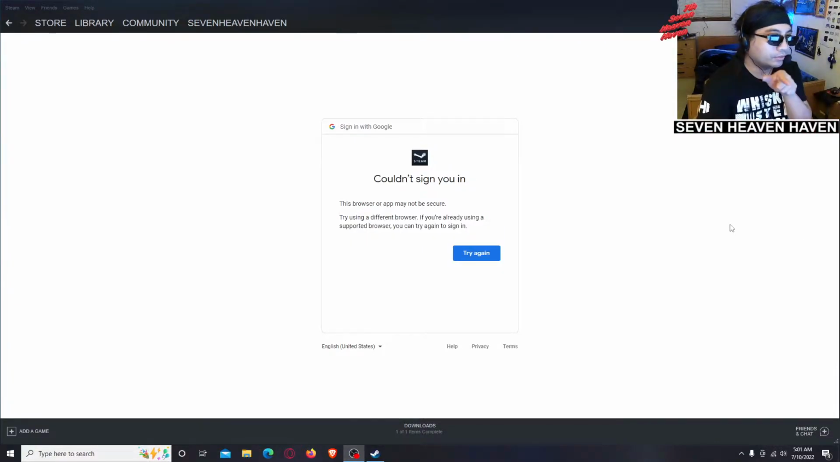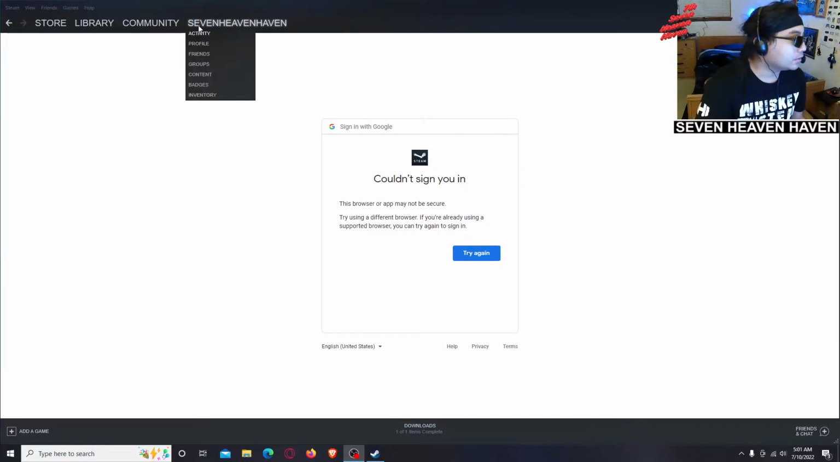So, but there's an issue. When I put in my email there, this is what shows up. Couldn't sign you in. This browser or app may not be secure. Try using a different browser. If you're already using a supported browser, you can try again to sign in. So what you want to do is go back to